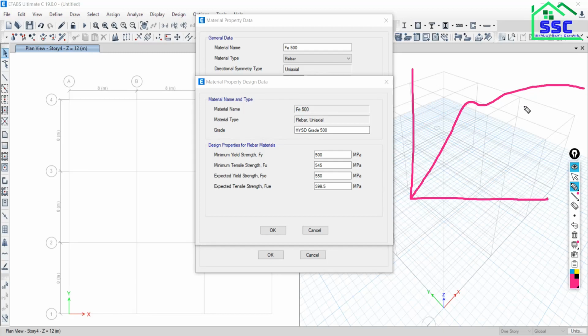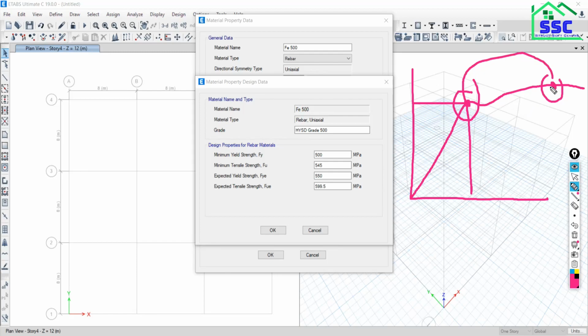This is the ultimate point, and this is the yield point. So this is actually the yield limit, and beyond this yield limit, there is the ultimate point.